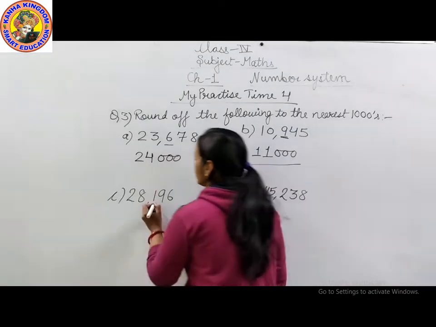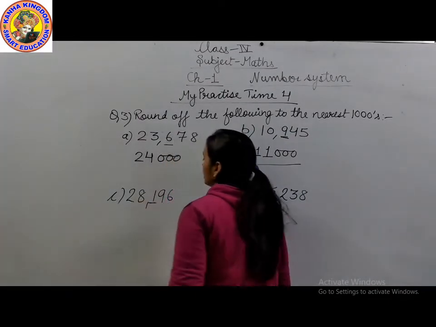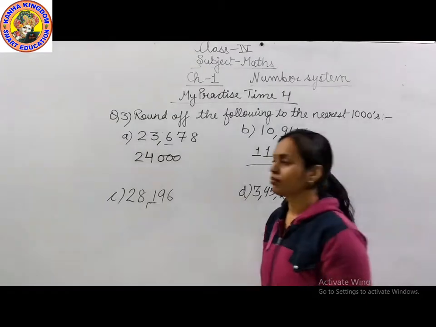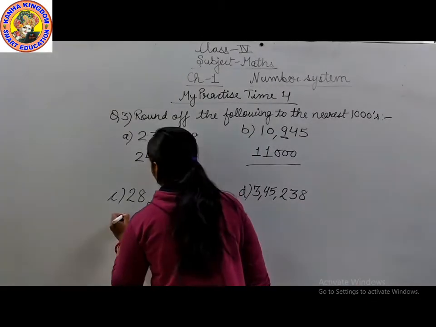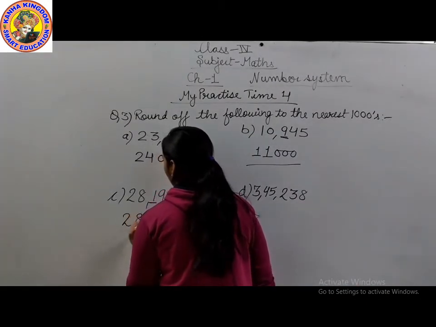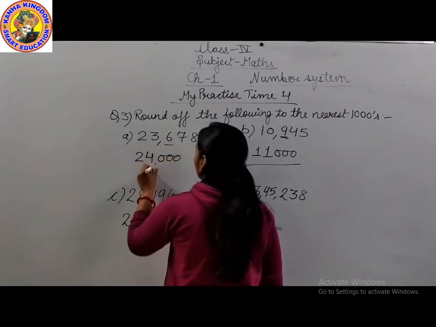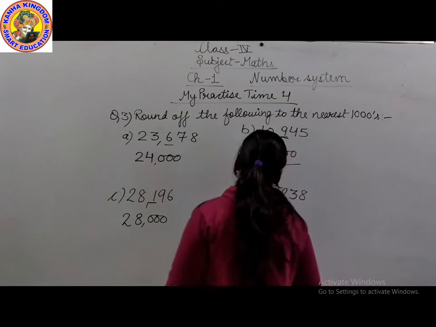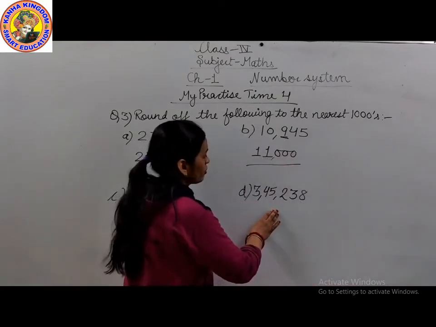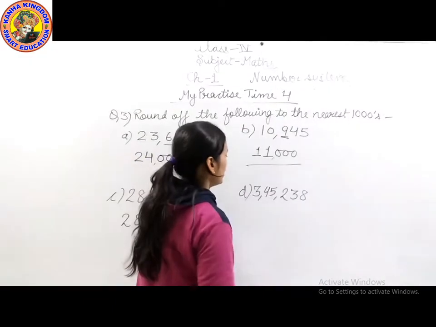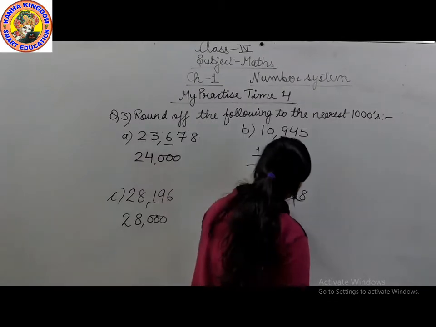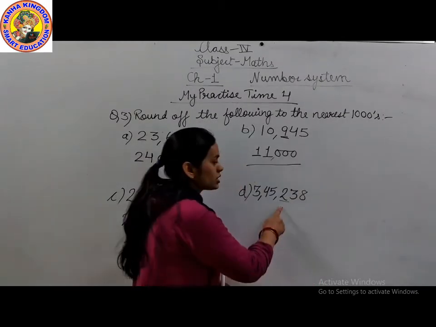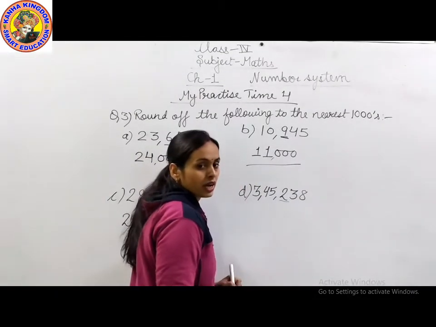The digit at the 100 place is less than 5. So we write here 28,000. Now next is 3,45,238. The digit at the 100 place is less than 5. So we write here